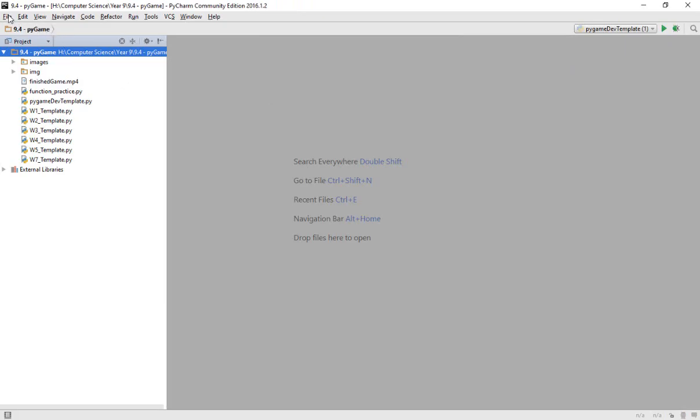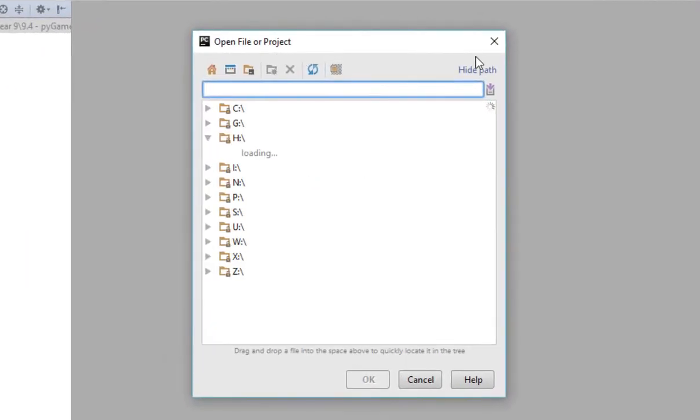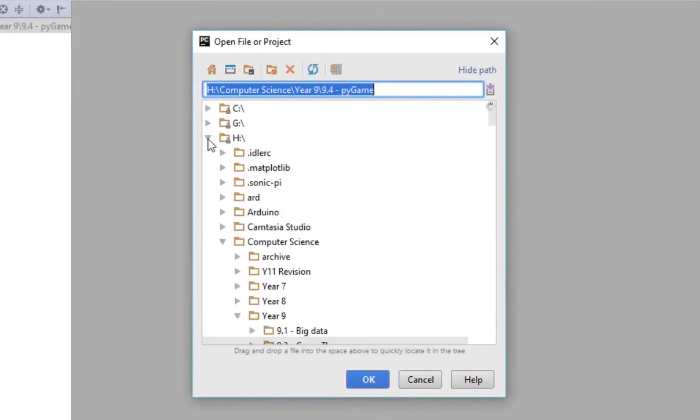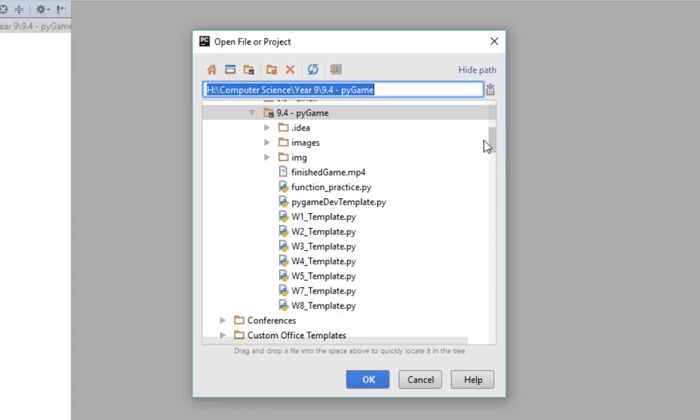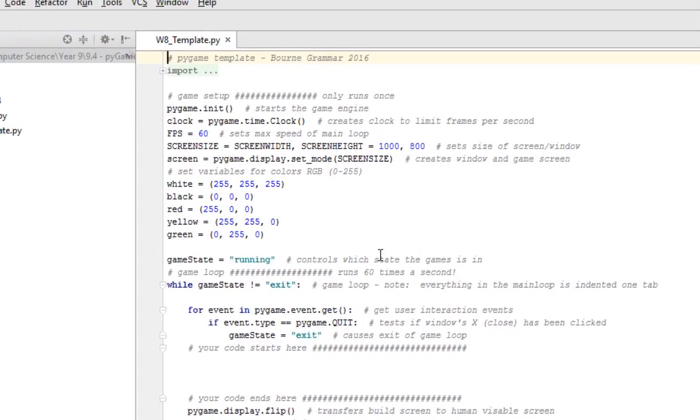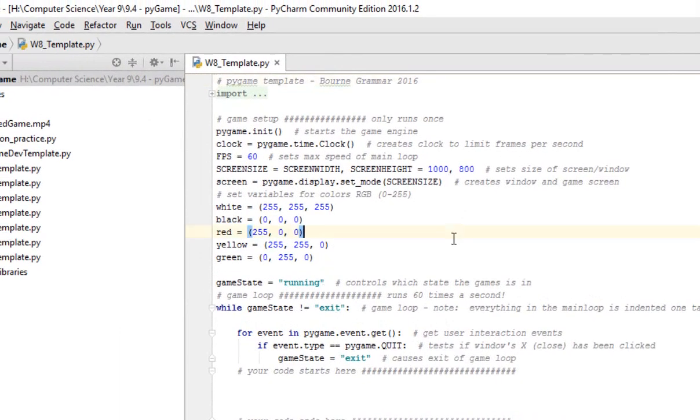Here's PyCharm loaded up. File, open, into the H drive, into computer science, into year 9, into PyGame, and down here somewhere, week 8 template. Click, click. Alright, so that's loaded up, and let's just make sure before we do anything else that it's working